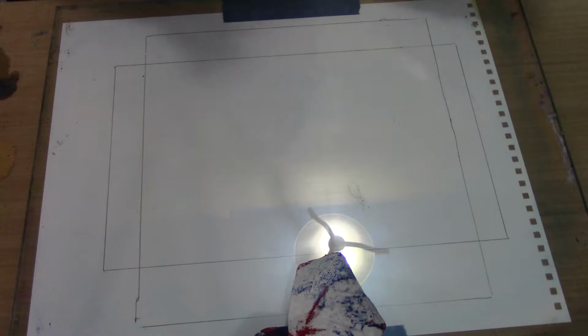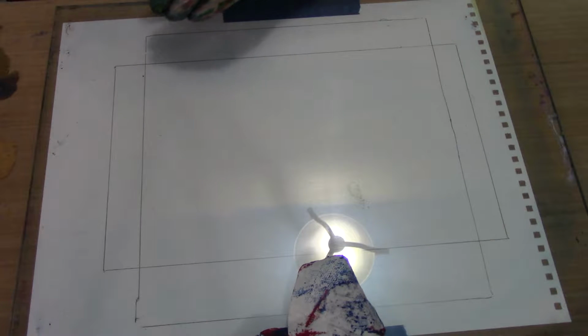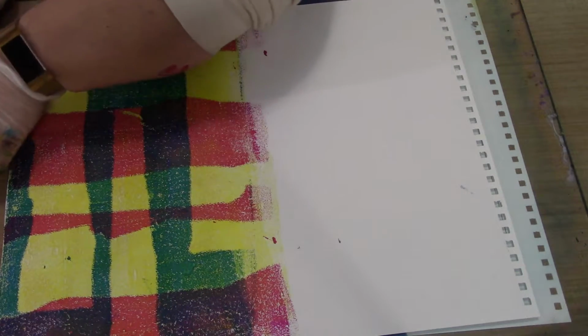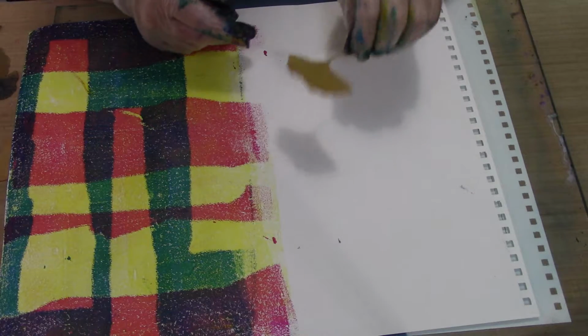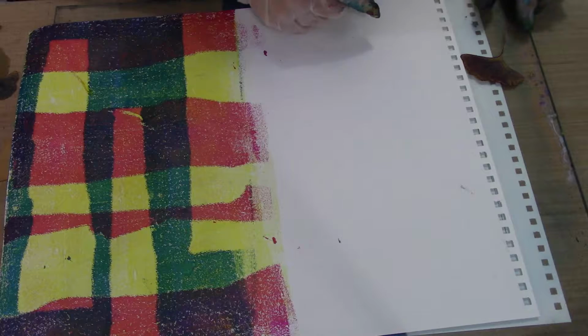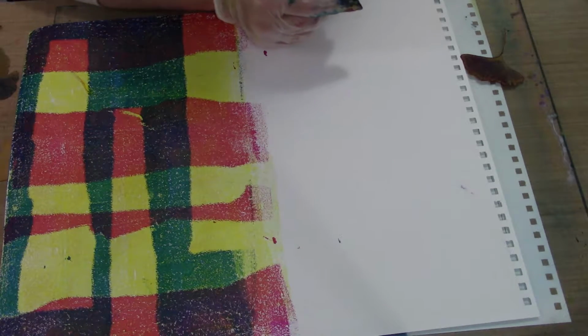You could use any color you want. I am going to get a clean piece of paper. I'll just use the end of one of these that I did before. And I'm going to get one of my ginkgo leaves. So I'm going to spread out the paint. Ooh, slow dry medium. I'm going to spread out the paint